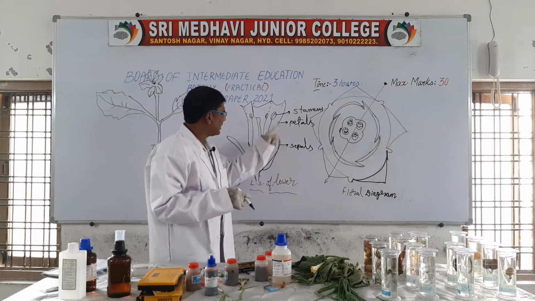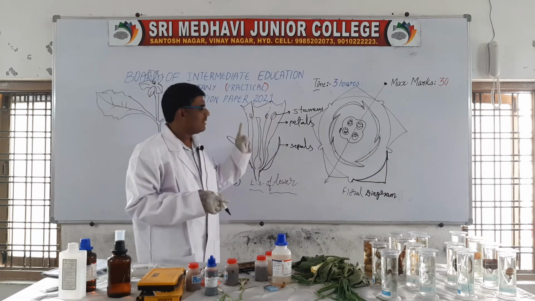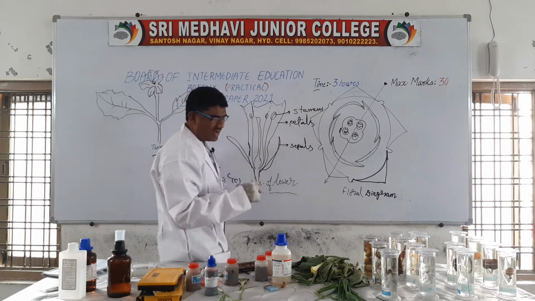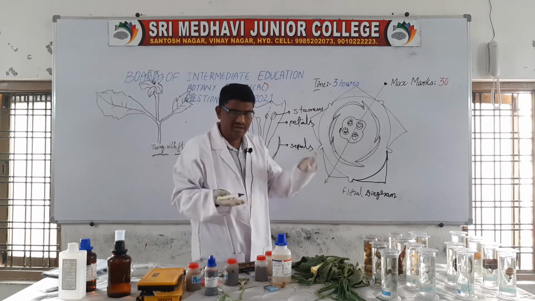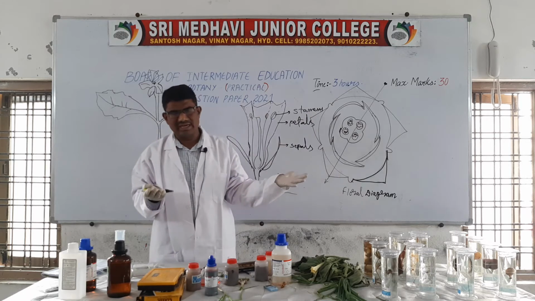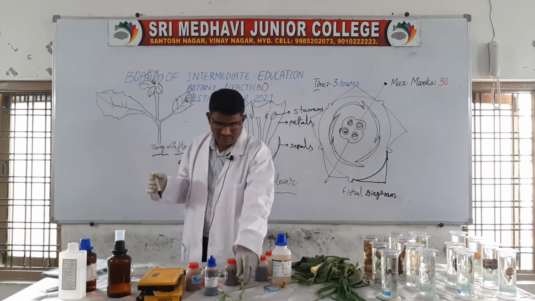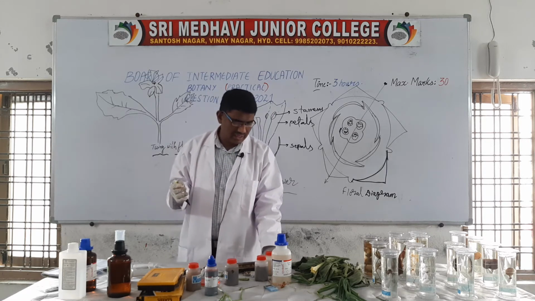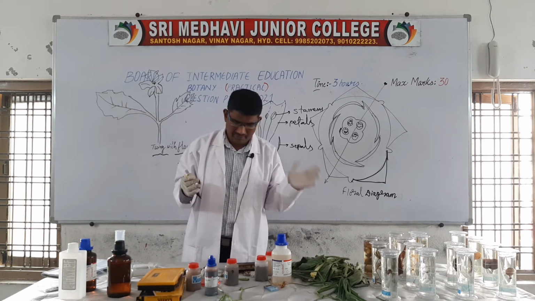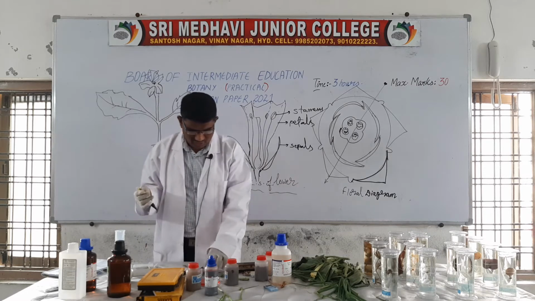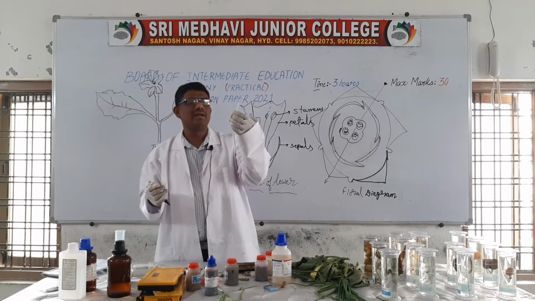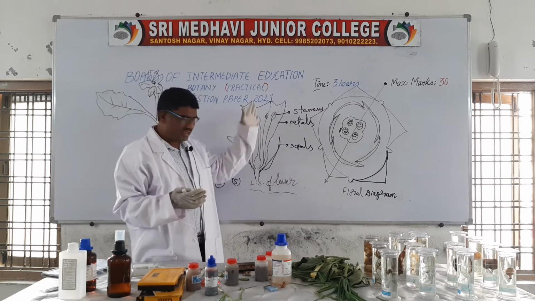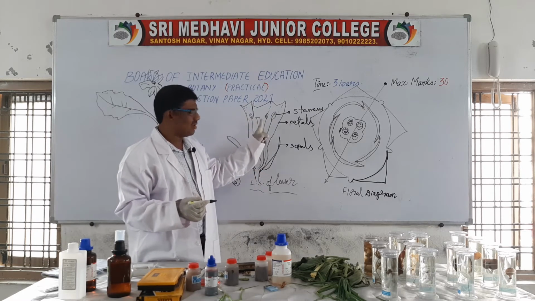The 5 petals are united. It is called gamopetalous. Then after that, stamens. The stamens are also 5. When we cut the LS of the flower, 3 are on one side and 2 on the other side. When we cut this, they are distributed as 3 and 2. This is the LS of the flower, that's why we have drawn 3 here.